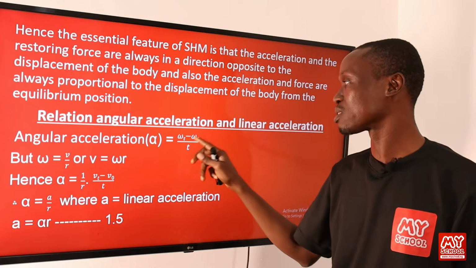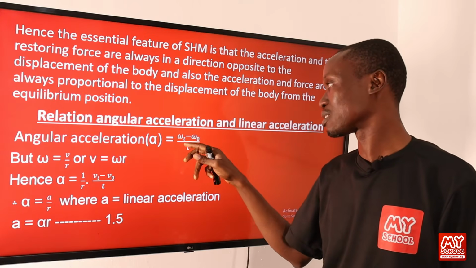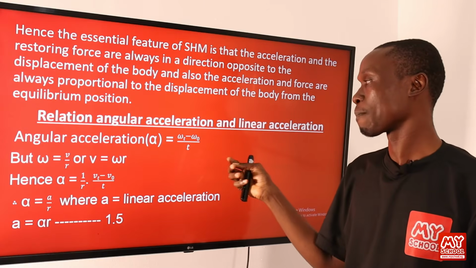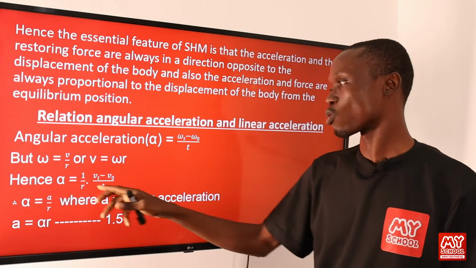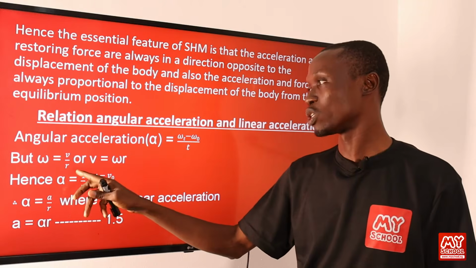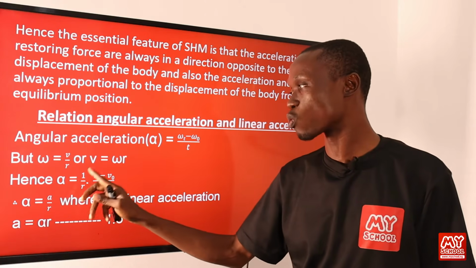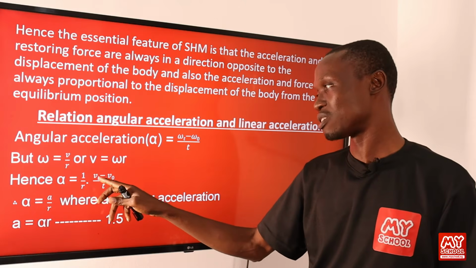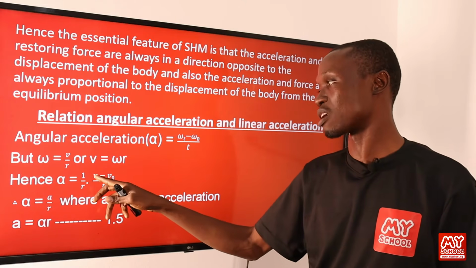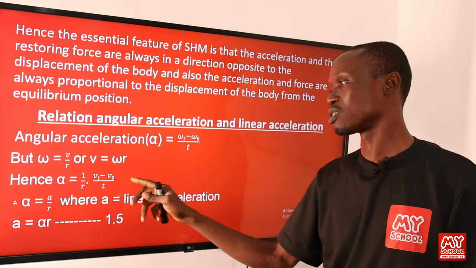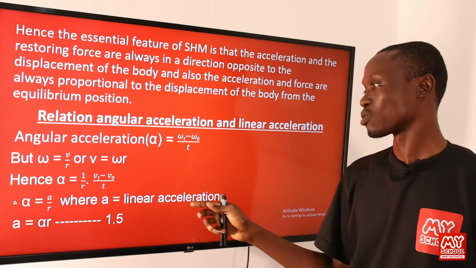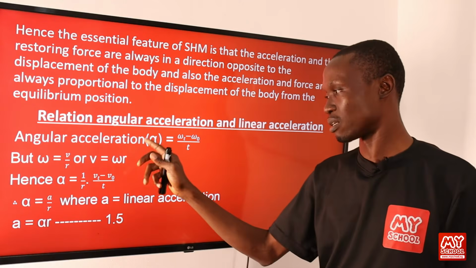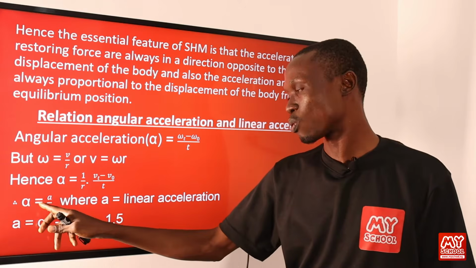So anywhere we see omega, of course these two are the same, so we can actually factor it out, so that our alpha, which is our angular acceleration, is now equal to 1 over r times (vt minus v0). Of course, this is our final velocity minus initial velocity all over time, so that at the end of the day our angular acceleration is equal to